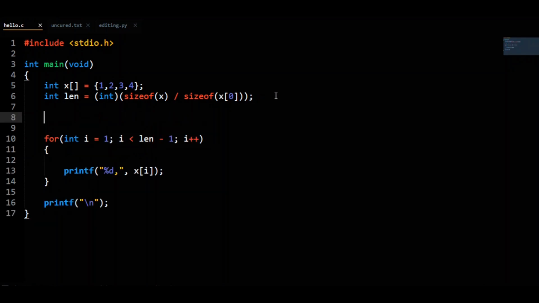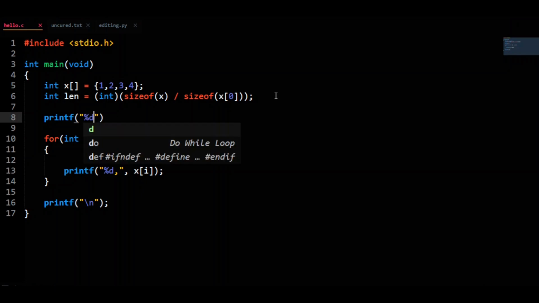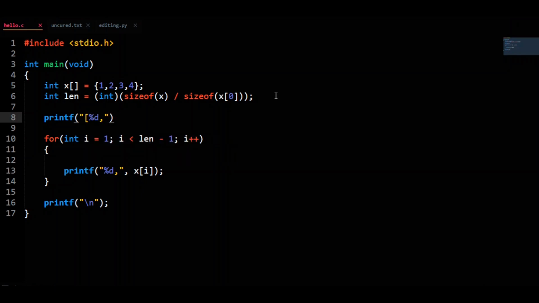From here, before the loop, we'll do printf opening left square bracket %d, comma, then printf x sub 0.